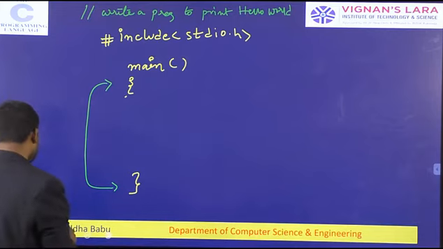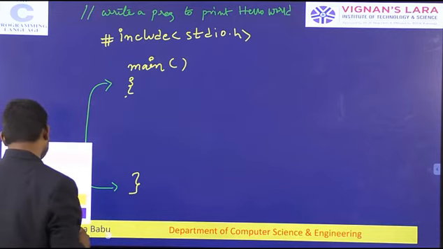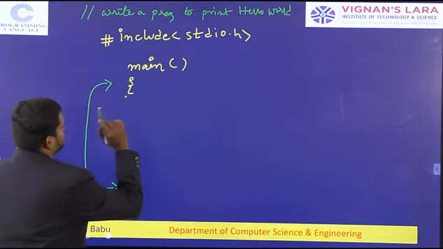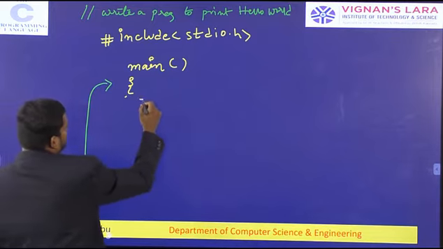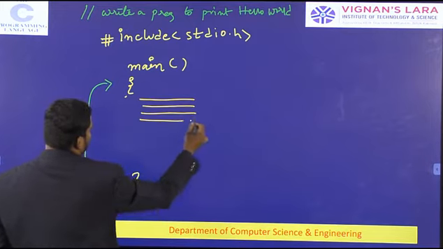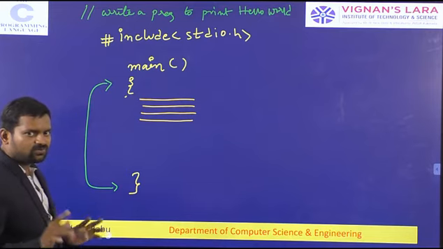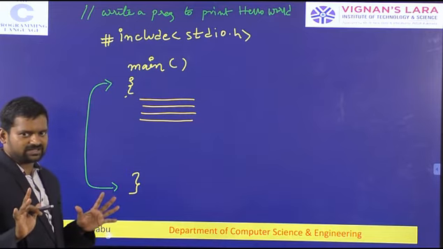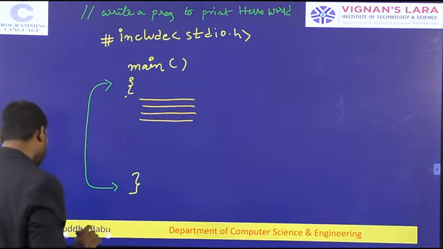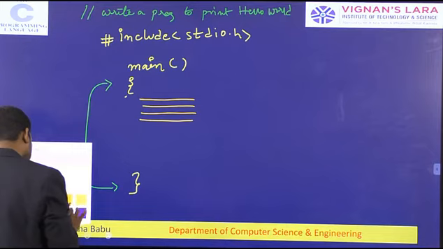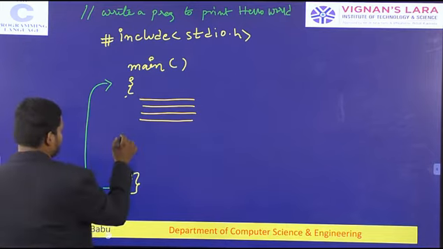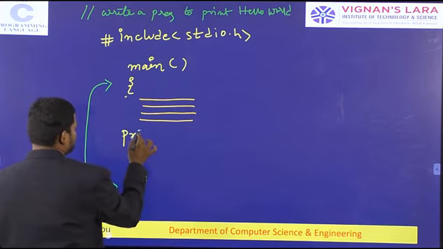Okay. So you see, the instructions that are executed in the C language are here. This is the local variable declaration. If you have any local variables, you have to declare them here. For this program, we don't want any local variable declaration. We are just printing our message, and it will be printed with the help of the function named printf.